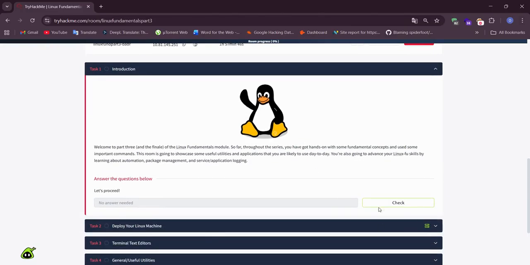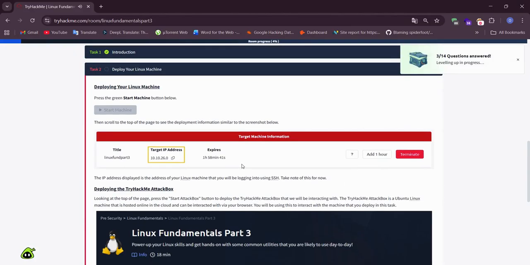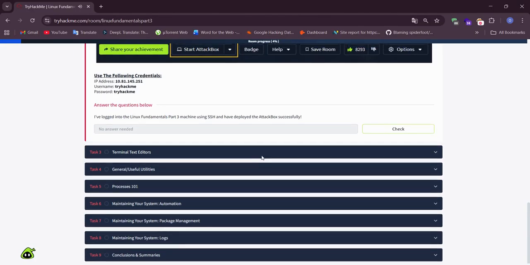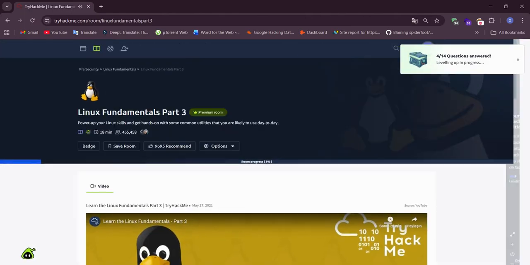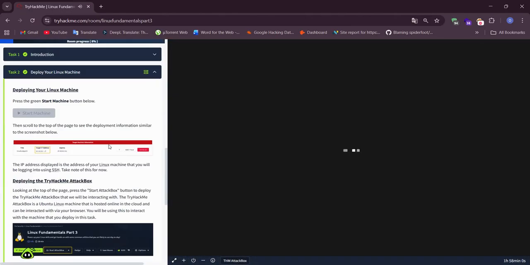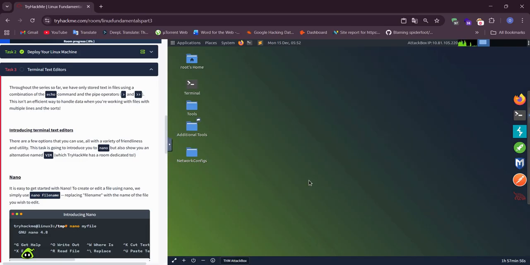Introduction, let's proceed. Deploy your Linux machine. I have logged into the Linux Fundamentals Part 3 machine using SSH and have deployed the attack box successfully. Open the attack box and open the terminal.